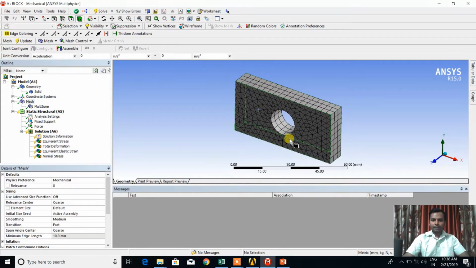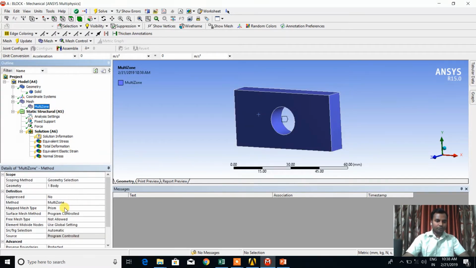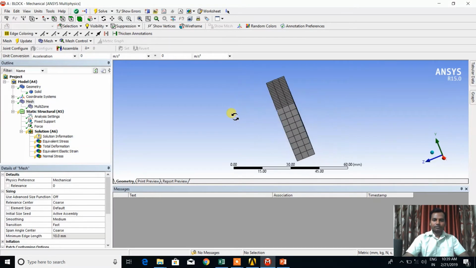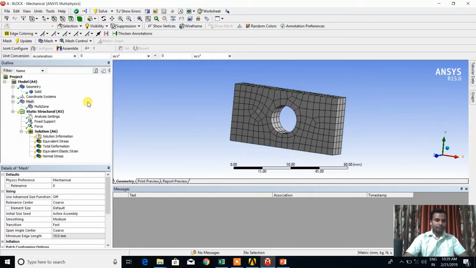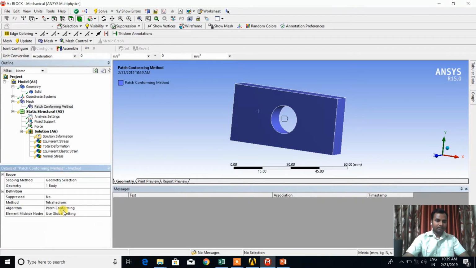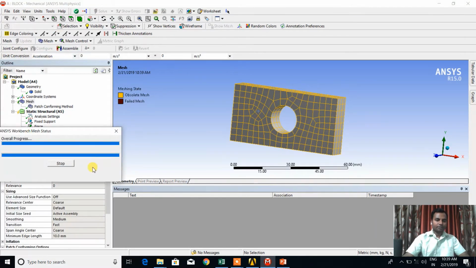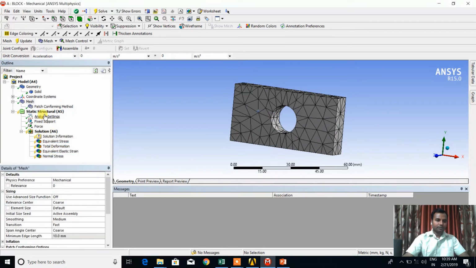So here the tetrahedral is there, and here the hexahedral is there. So this is nothing but the prism, multi-zone. If we select here hexa and prism, we can again check, generate mesh. So the effect is same here, but before that, if we first of all consider it as a tetra, generate mesh, and hereafter we check